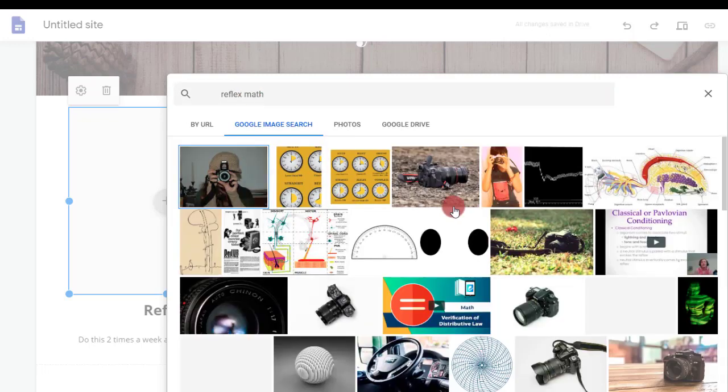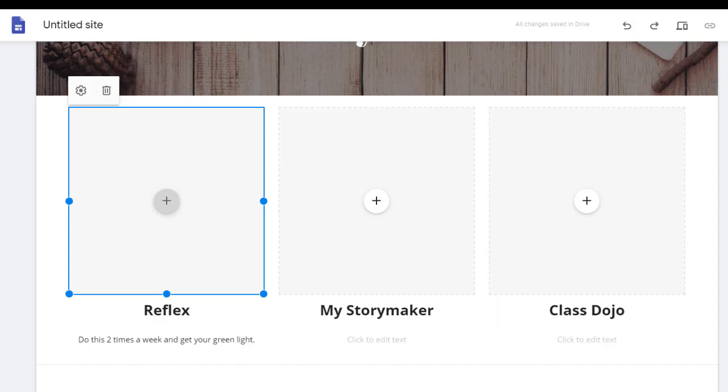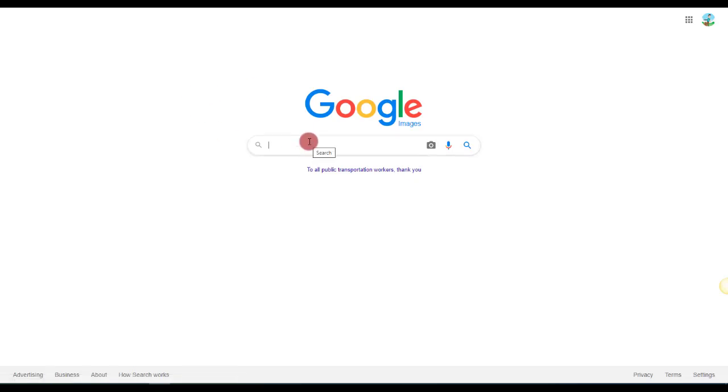Reflex Math. You're going to notice here that nothing comes up for Reflex Math because Reflex Math is copyrighted. They own the image, so you're not going to be able to find it. Same thing here with photos in Google Drive. So I will actually need to go out of here into a new tab. I can go over to Images and go